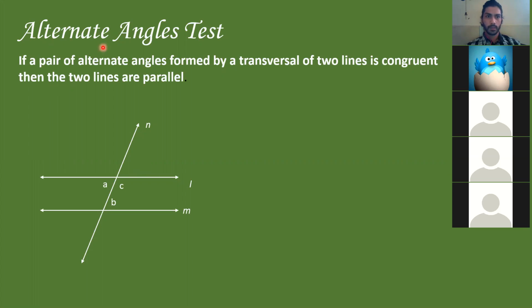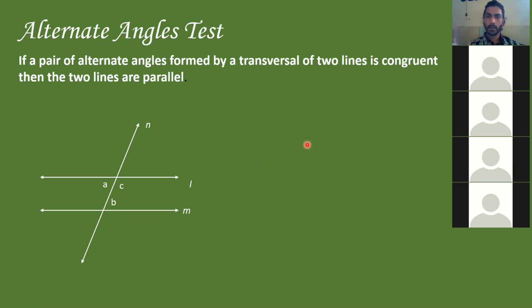So folks, see, last time what we did was we had been given 2 parallel lines and the test was that if one pair of alternate angles is equal, then all the alternate angles are equal. But now it's the inverse. What we're going to be proving is that we know the pair of alternate angles are equal, and we are reverse engineering it right here. So then we're going to be proving that the lines are parallel. Okay, it's completely ulta now.